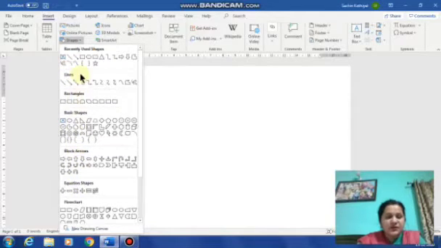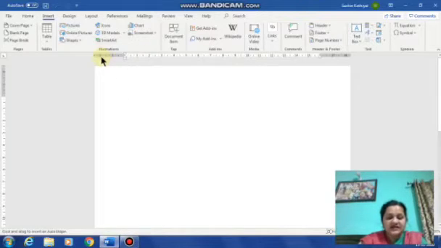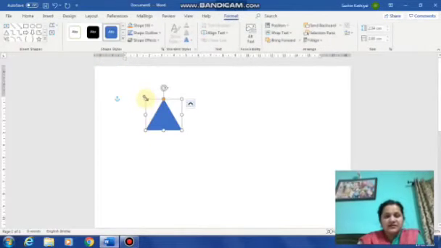The shapes are categorized into recently used shapes, lines, rectangles, basic shapes, block arrows, equation shapes, and flowchart. So you can select any shape of your choice that you want to draw. Suppose I would like to select this triangle shape. Select it. Now what you have to do is press the left click, and then the shape is inserted.